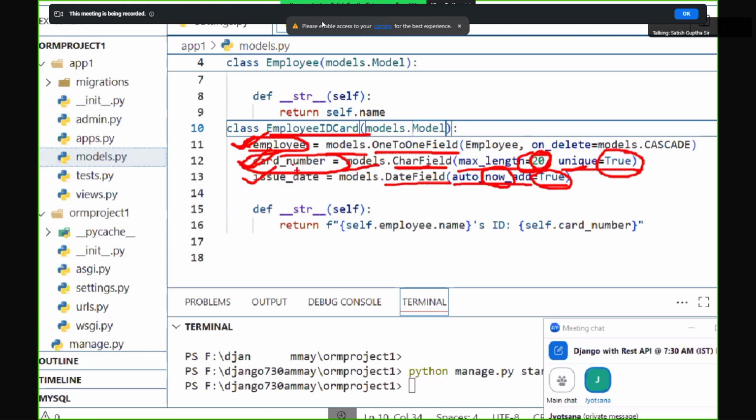Then you should generate a relationship between employee and employee ID card. For that you require one field that generates the relationship between employee and employee ID card. What is the name of that field? Employee. And employee is